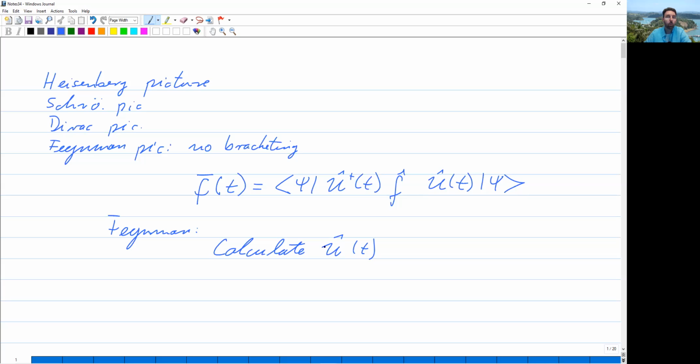Now, what does it entail? Well, if we use the Schrödinger picture, we have to solve the Schrödinger equation. If we use the Heisenberg picture, we have to solve the Heisenberg equation of motion for the observables. In the Feynman picture, we have to calculate the time evolution operator by solving its differential equation, namely,